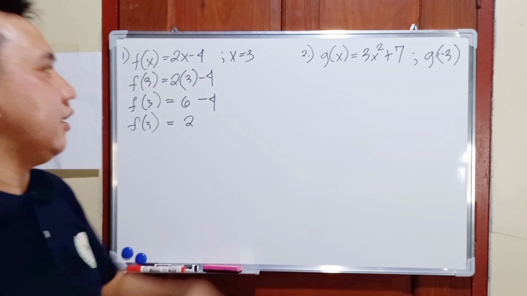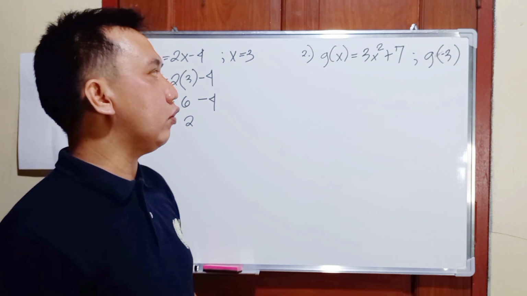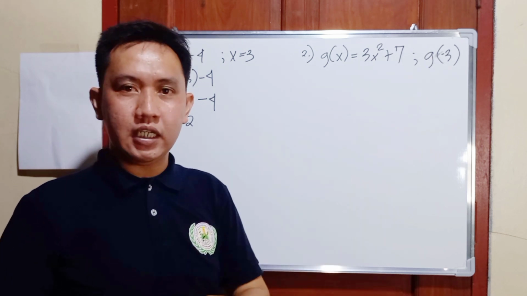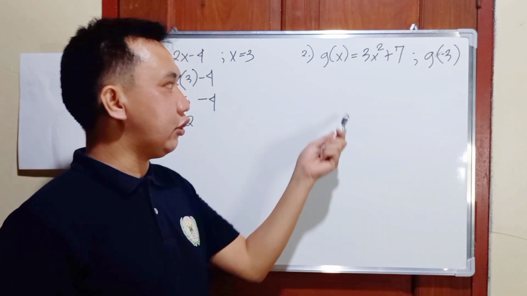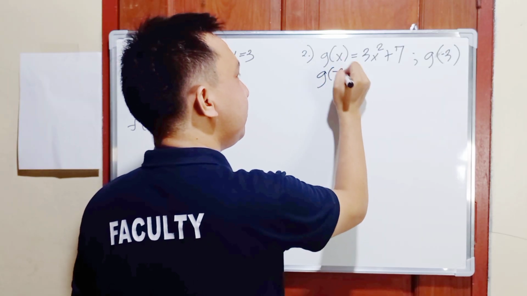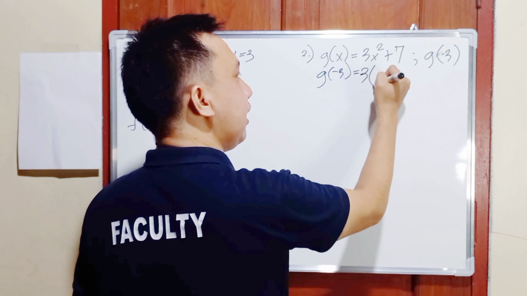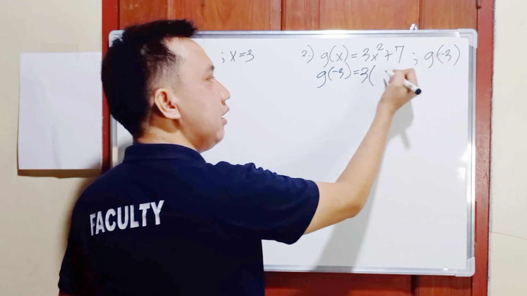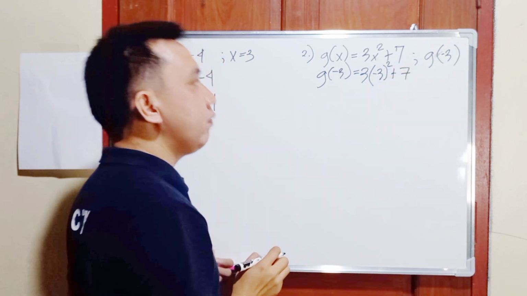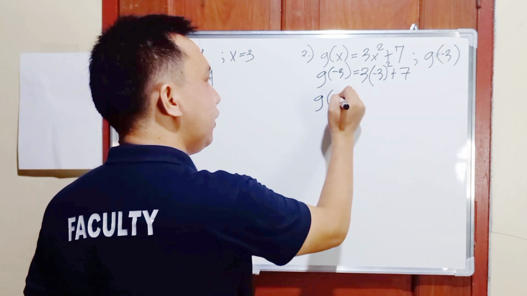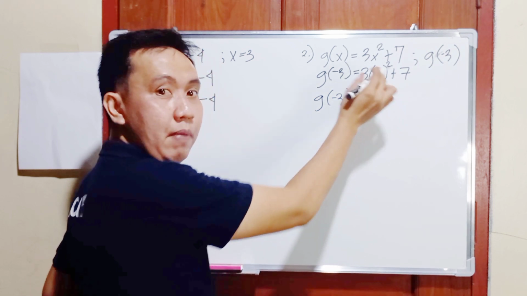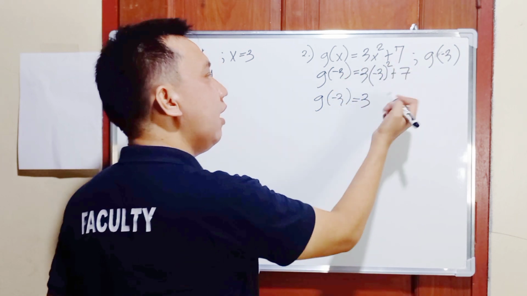So, our next example is this one. G of x is equal to 3x squared plus 7 and the value of x is negative 3. So, the same process, let us substitute the value of x by negative 3. G of negative 3 is equal to 3 times the value of x is negative 3 squared plus 7. Sisimplify natin. G of negative 3 is equal to, copy this one, 3. Simplify muna natin ang may exponent. So, negative 3 squared ay 9